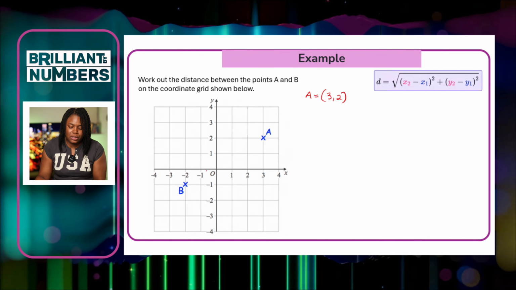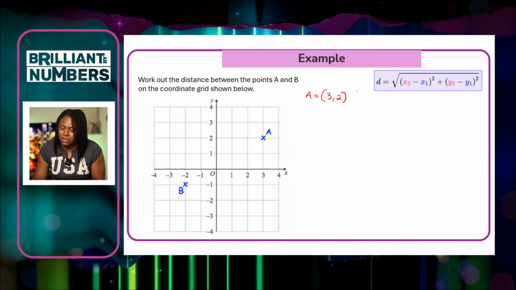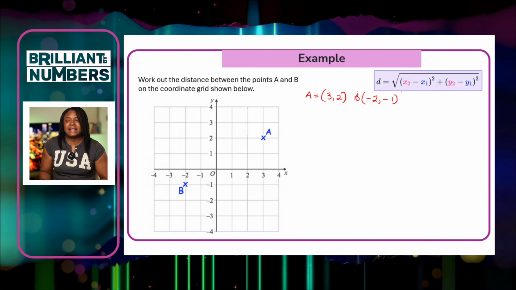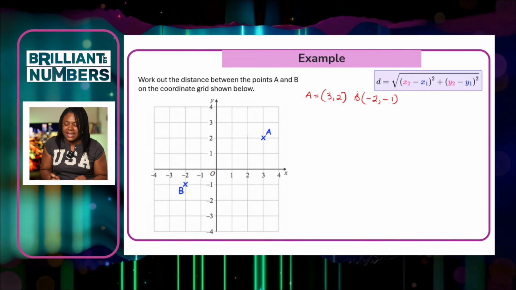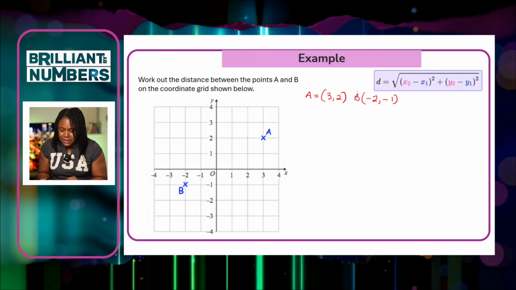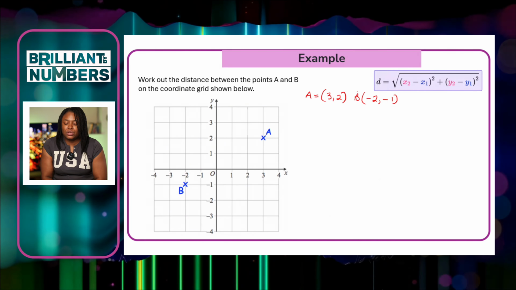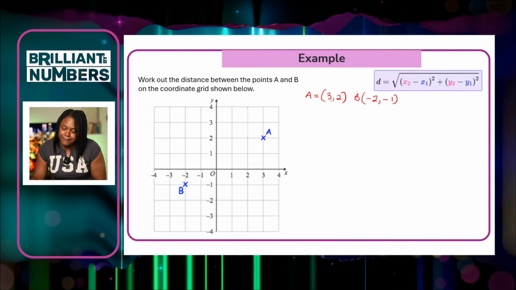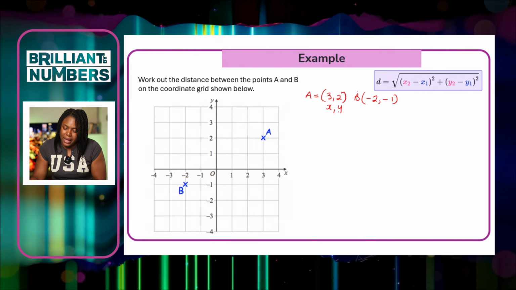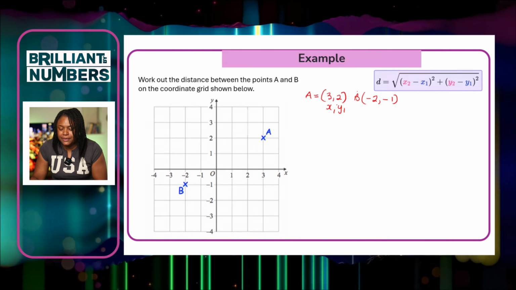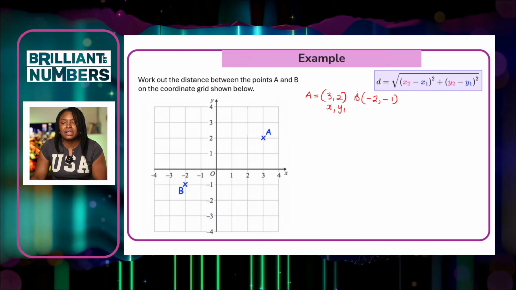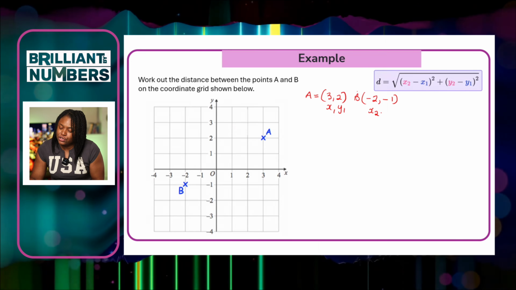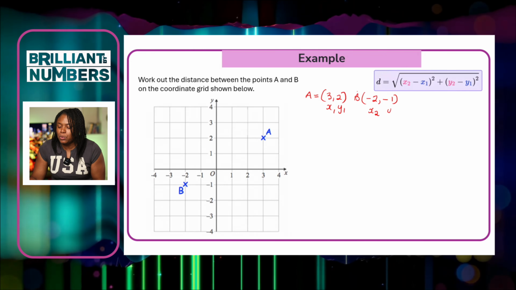And B is equal to, we go across, minus 2, minus 1. So B is minus 2, minus 1. So we've done our first step, we've identified A and B. Now step 2 told us we need to first label the coordinates. So the first pair would be x1, y1. So 3 is x1 and 2 is y1. In the second pair for B, we would now have minus 2 to be x2 and minus 1 to be